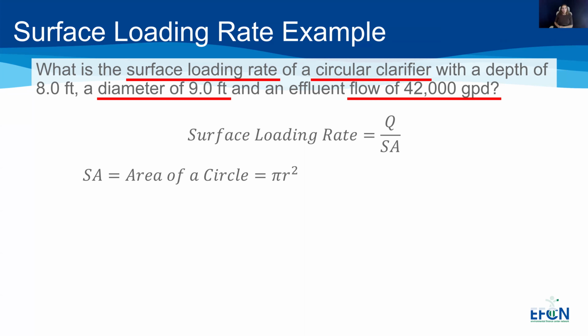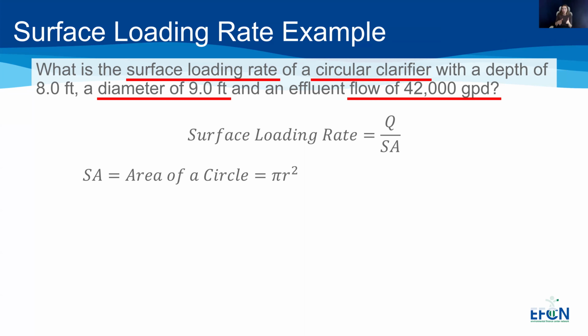Now, if you would have chosen 254.47 square feet, that would probably be using our diameter squared times pi. And 508.94 cubic feet would be the volume of this clarifier. It's understandable, because I threw that extra dimension in there, that 8 feet again, to calculate that. But really all we needed was the diameter of our clarifier to calculate this.